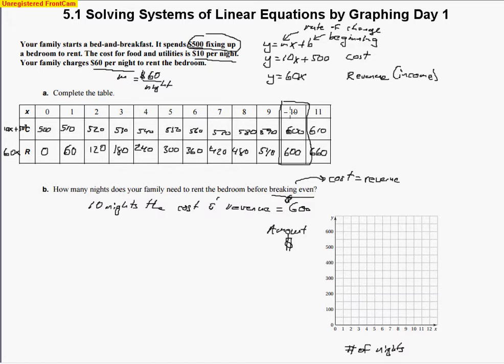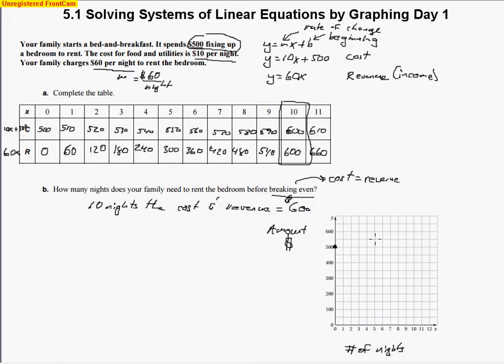So notice how the y-intercept was at 500. That's our beginning value. That's where we started. We started at $500, and then we ended up spending $10 every night. So on this one, it's going up by 50s, you can see. So there's one space in between, so we're going by 50s. So I can't really get a point in there until I get over to 5 nights, because then I'm up